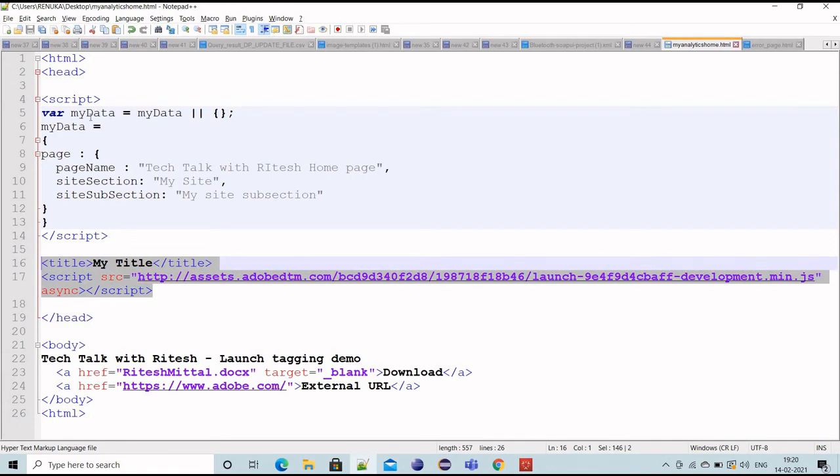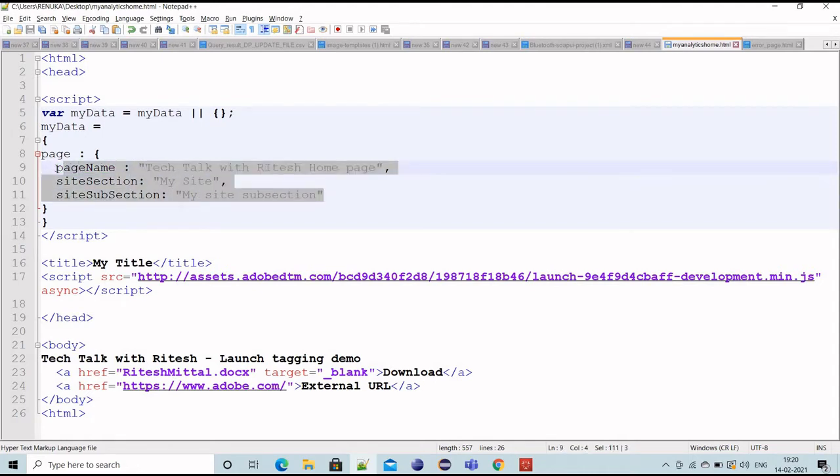In this one, what I'm doing is initializing my data, which is the parent object of my data layer, and then I have created a JSON structure in which I have a page name and a site section subsection. I have just given hard-coded values here, but of course those will come dynamically, maybe from an authoring dialog if you are using an AEM application, fetched from the content management system. Or if you are using any service, you can fetch the data from that service and then send it to Adobe Analytics, so we just need to make it dynamic.